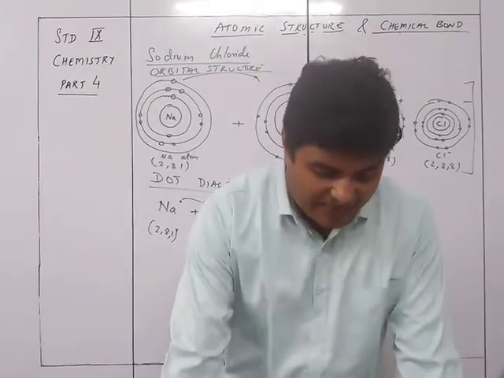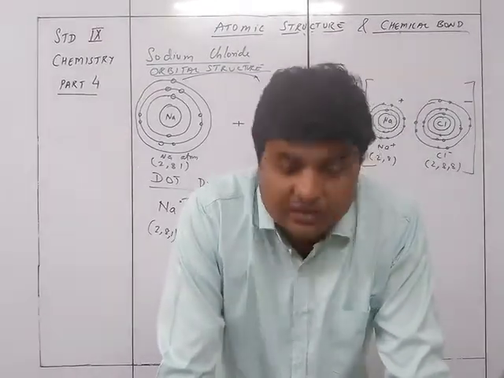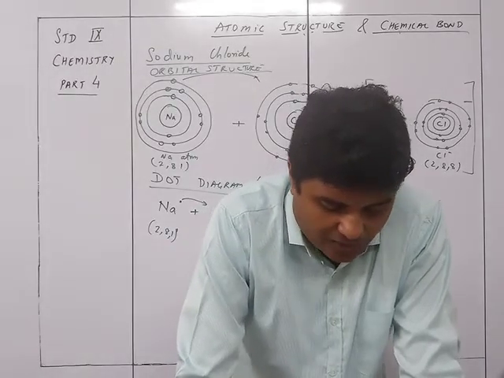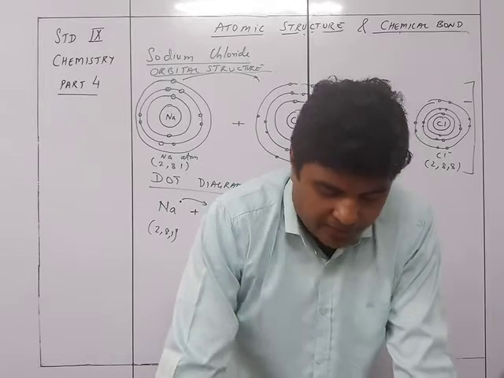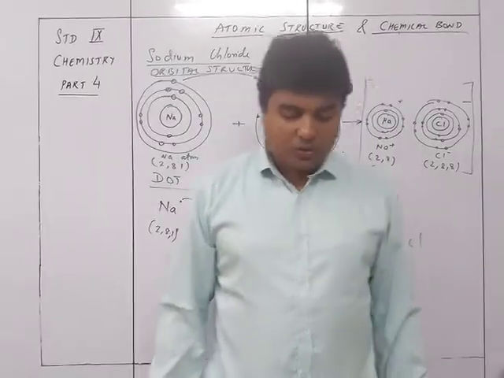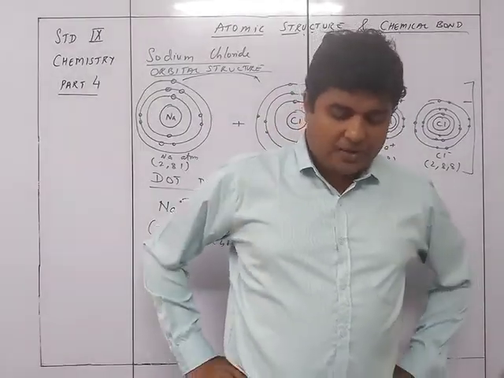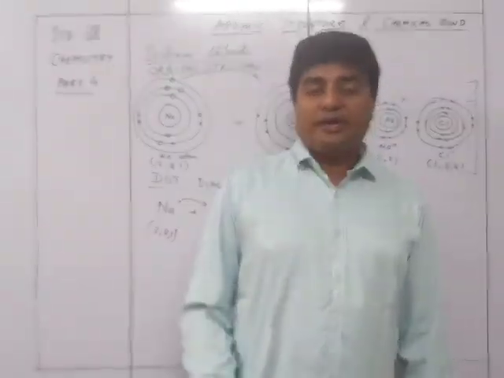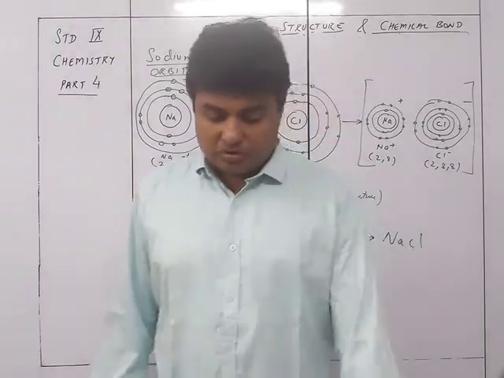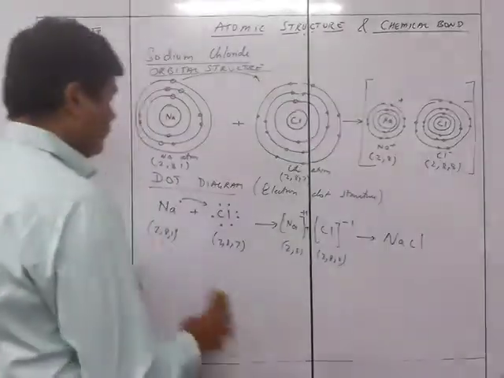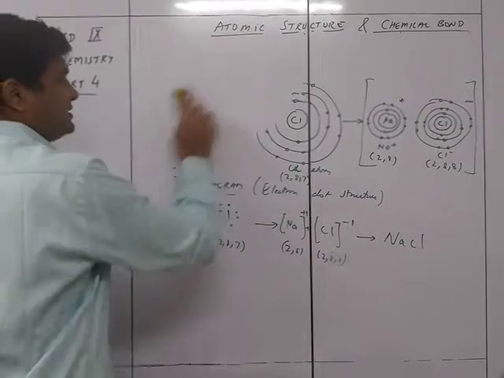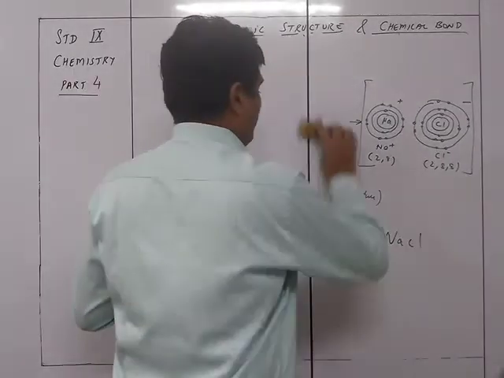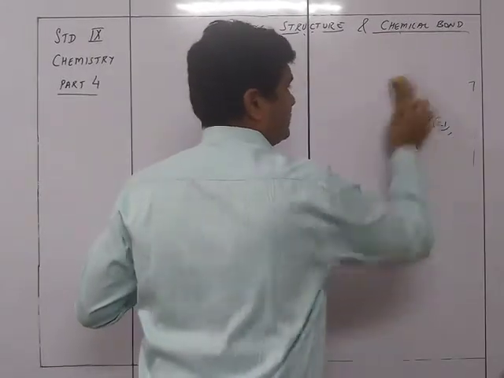So the cation Na plus 1 and Cl minus 1 are oppositely charged particles which attract one another to form an electrovalent bond, leading to the formation of an electrovalent compound, NaCl. Okay, so that was about how to draw the atomic structure diagram. The same thing can also be drawn for different kinds of substances, and we are just going to keep on doing the same kind of structural things.